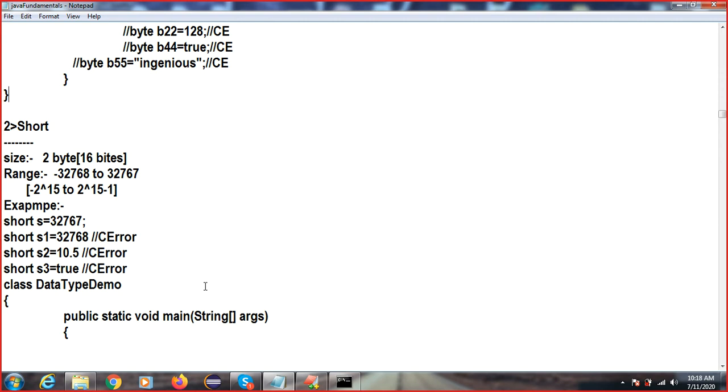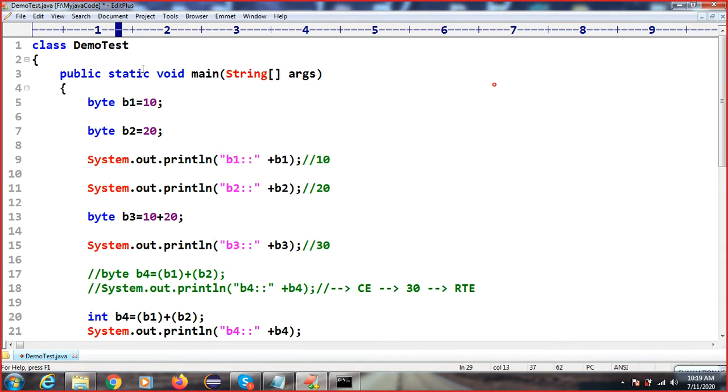Like class Employee. Which type is it? Employee type. When you are creating an object, we have a reference variable, right? Employee e equal to new Employee, and we are creating the object. So what I want to tell you regarding reference data types: this is your class name. DemoTest is your real world object. You can take a real world object, but it is also defining the type. So what we are doing here is storing and also initializing the variable.